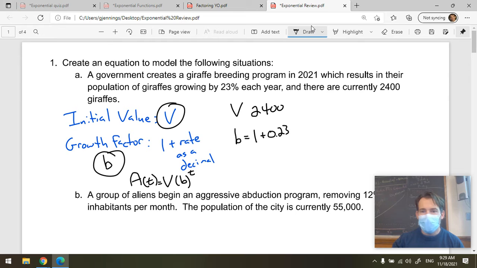And so we have the amount of giraffes is a function of time. Time is a number of years. And it's going to start at 2,400. Going to be multiplied by 1.23, raised to the power t, where t is the number of years since the breeding program started. And we have year 0